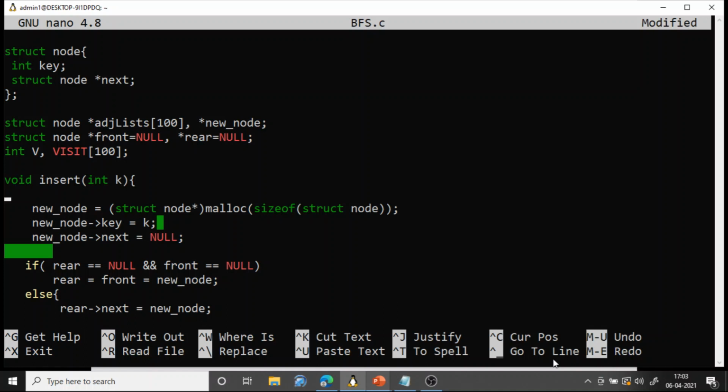So new node is a pointer to struct node. We are allocating space for the new node. Its key is assigned with k. Its next is assigned to null. Always the new node's next will be null. Okay, then